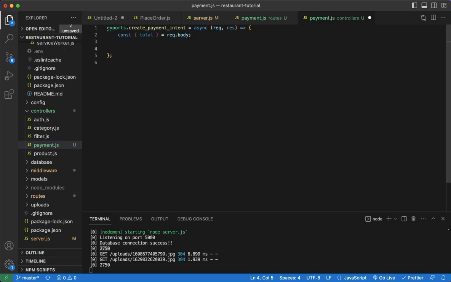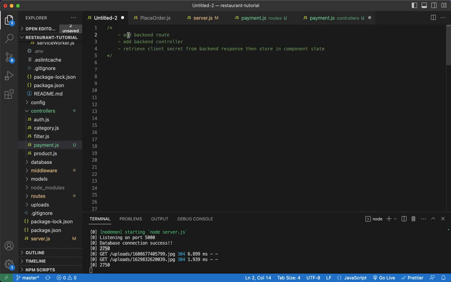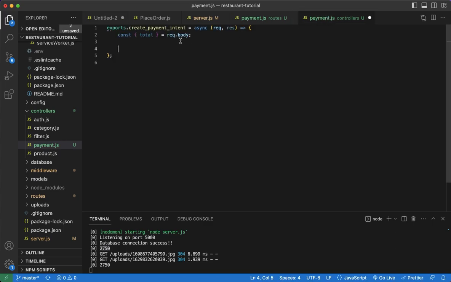So next what we're going to want to do is, let's see here. Let's mark these off though. We did the route, backend controller, that's currently what we're working on now. Okay, so next what we're going to do is we're going to